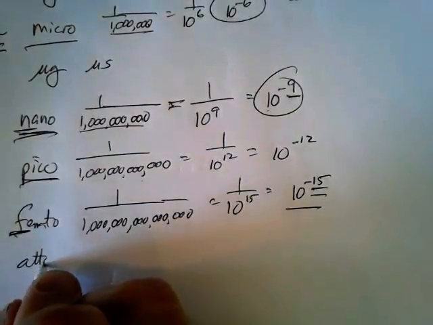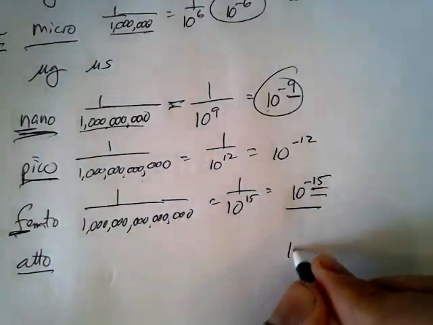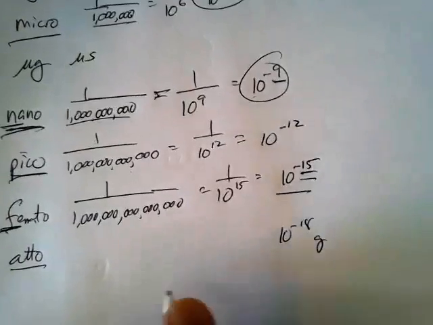There are a couple more, in fact. Atto, 10 to the minus 18 grams. This would be